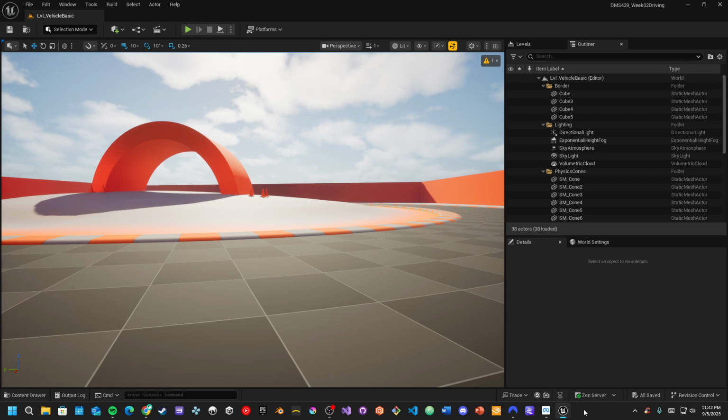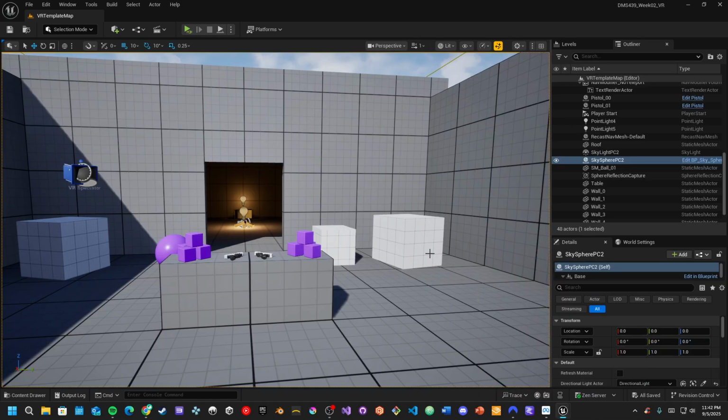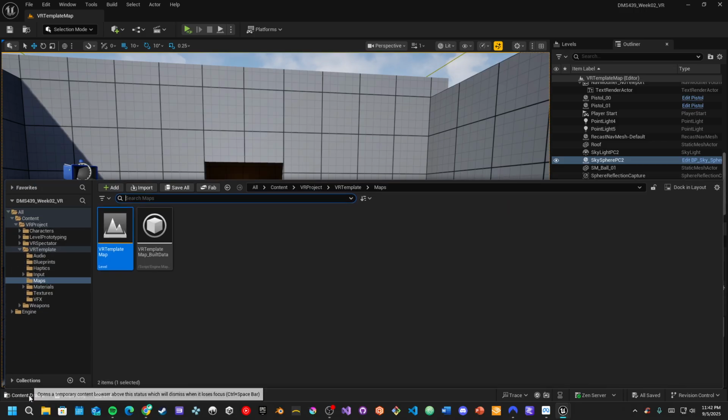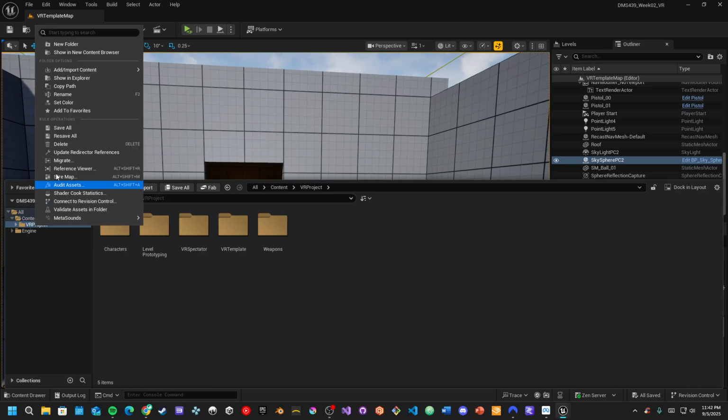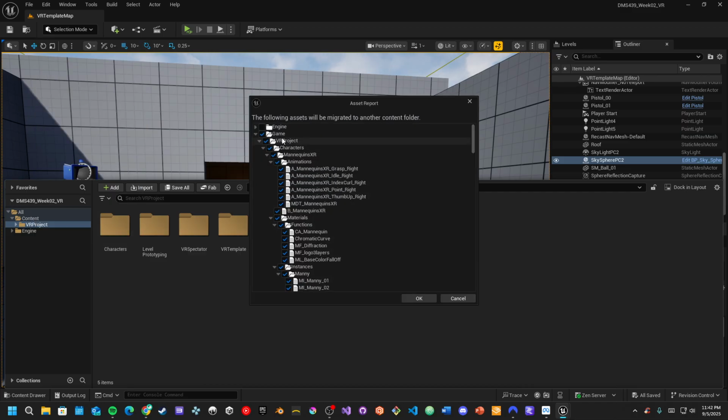let's make sure OBS is looking. Yeah, okay. If I go here into the project that I want to move stuff away from, I can click the content drawer and I can hover over the folder that I want. I just moved everything into one folder, called it VR project, just to show it's easier. And I'm going to, let's see, right click, look for migrate, click it,